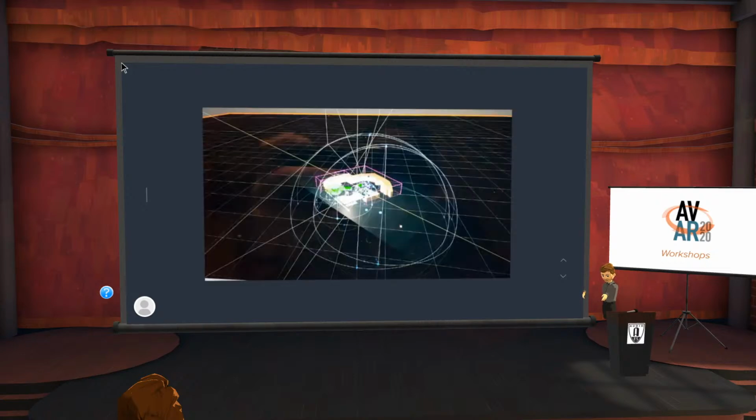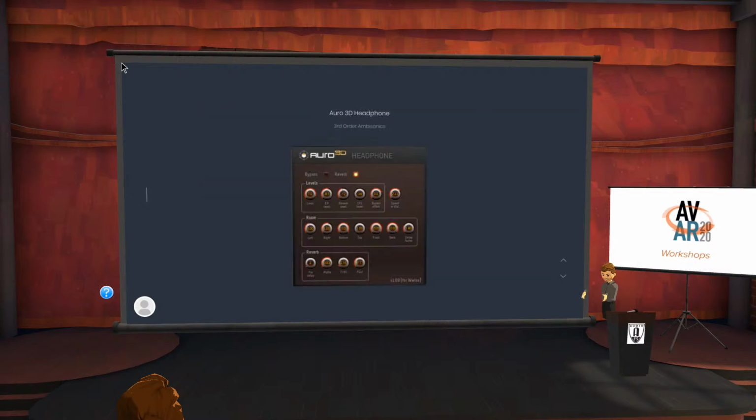This should actually be a video, but it's just a screenshot. You can see my poor modeling skills from the place, and these spheres represent sound sources. In the video, we would have just zoomed in, and then you see a lot of sound sources. But yeah, after all tests, we ended up using the Auro 3D headphone